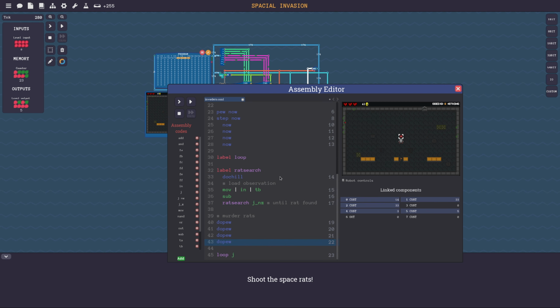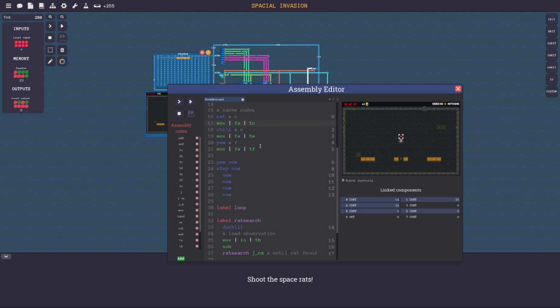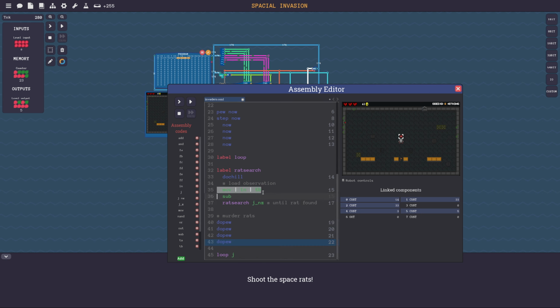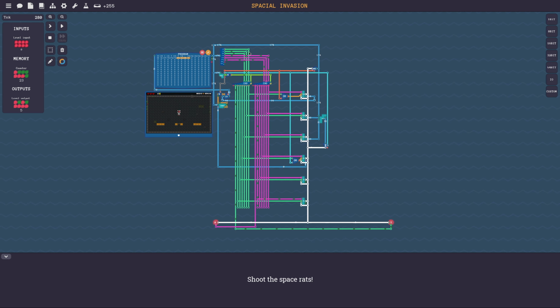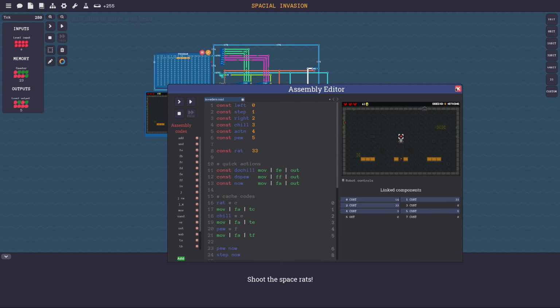But actually, this program was slightly inefficient. What I was doing in order to detect that I'm not seeing a rat was I had a rat saved. And what I was doing is I was observing and waiting for a rat, and I was subtracting the rat from my observation. And instead what I could just do is I could just wait out zeros. So that's what I did in an improved version of this for Act